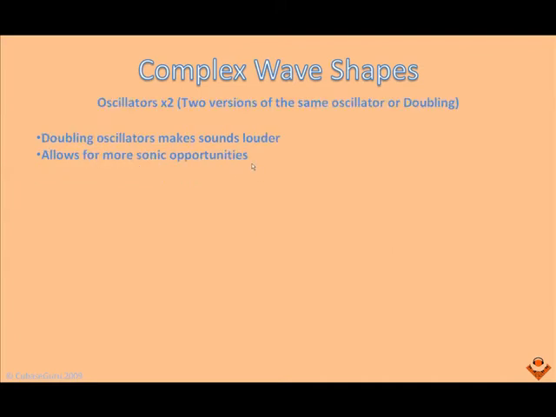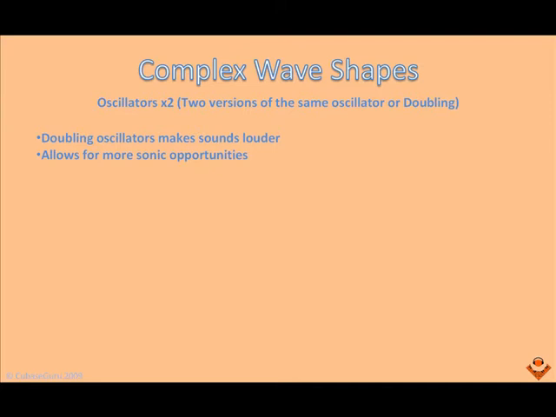First thing I'm going to show you is oscillators times 2. So two versions of the same oscillator, or doubling. Basically, doubling oscillators makes the sound louder if they're in the same phase and polarity, which I shall explain later also. But it also allows for more sonic opportunities. You've got two different modules with the same oscillator. They can then be manipulated in such a way to give you more opportunities than just having the one waveform would have done. So I'm just going to go into Cubase now and open up Zebra 2